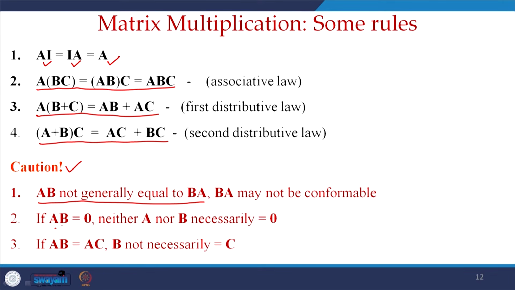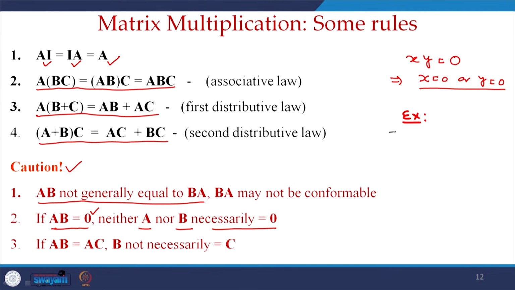If you are having two numbers, let us say x and y in case of real numbers, and xy equals 0, then we will have either x equals 0 or y equals 0, but this kind of reasoning is not true in case of matrices. If the product of two matrices is a 0 matrix, then it may happen that neither A nor B is 0. So, for example,